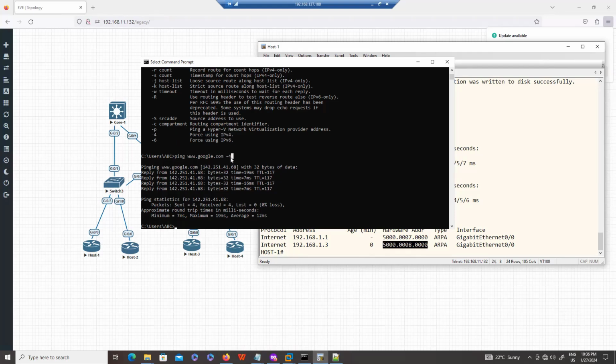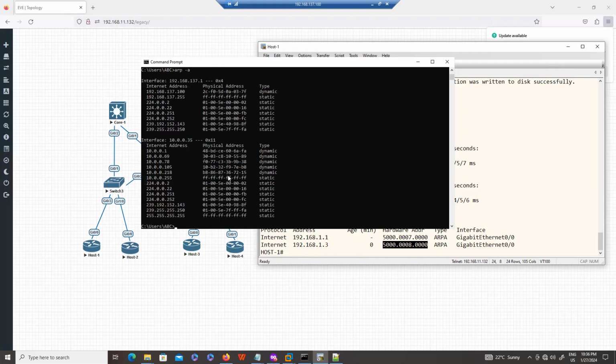So by using this keyword, I'm telling DNS to use the IPv4 address. You see, this is a Google IP address. I can reach the Google IP. So in that case, the source IP is my IP and the destination IP is the Google IP. But if I check the ARP table, this is the command to check the ARP table, arp -a, I don't see an entry for the Google IP.